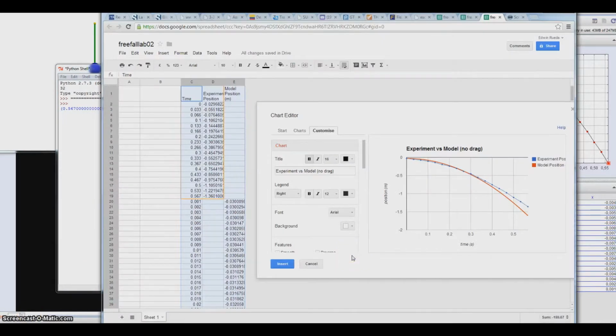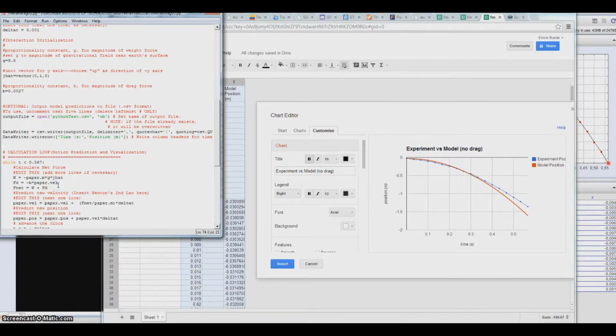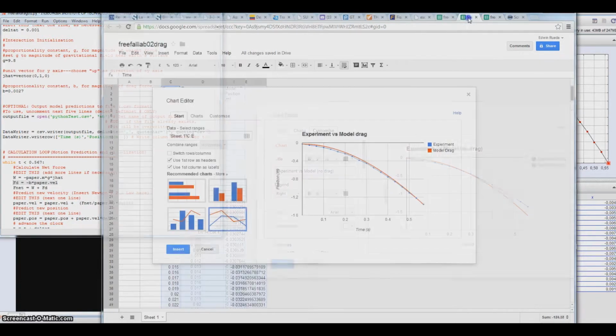We introduce the data in a spreadsheet and we obtain this difference in the curve, exactly in the position. It was the same that we analyzed before, and this difference comes from the air resistance. So we build a model. We include the drag force, and when we run the simulation and obtain the data and include it in a spreadsheet, we obtain this